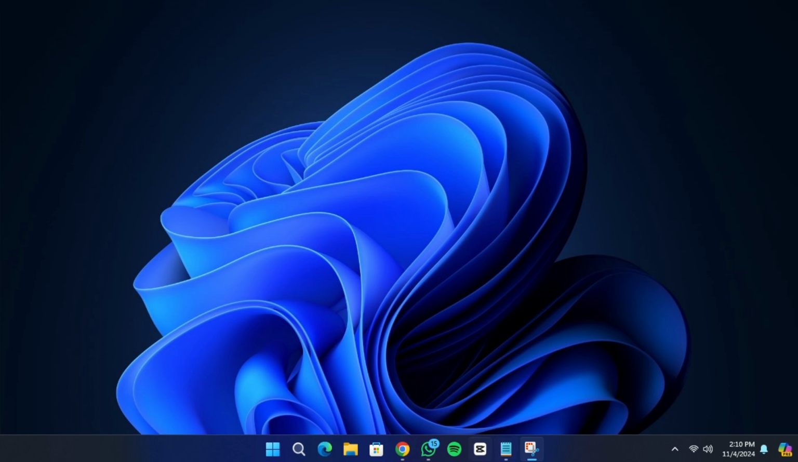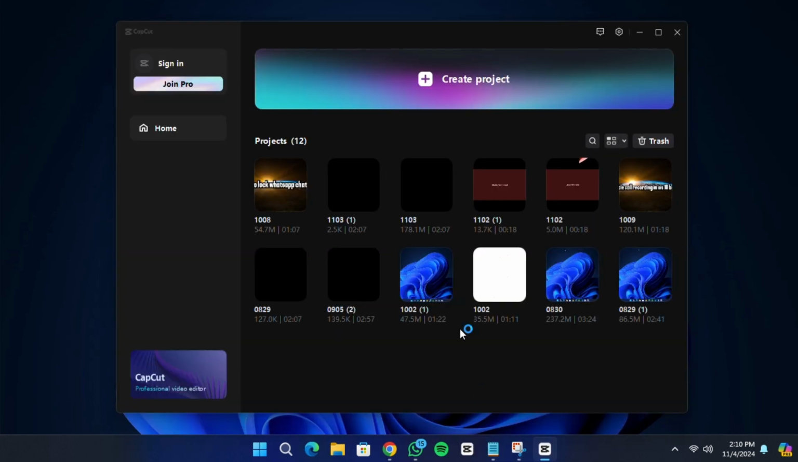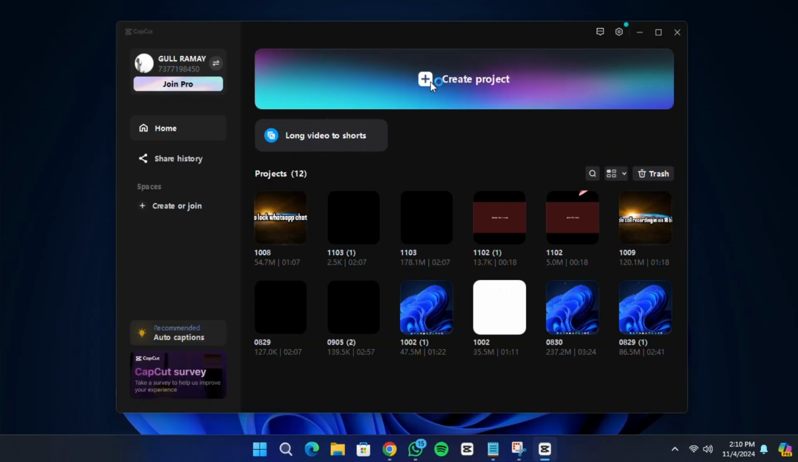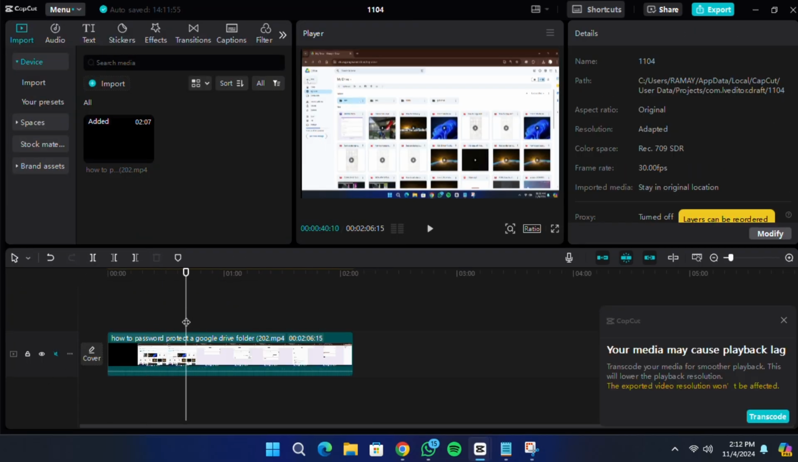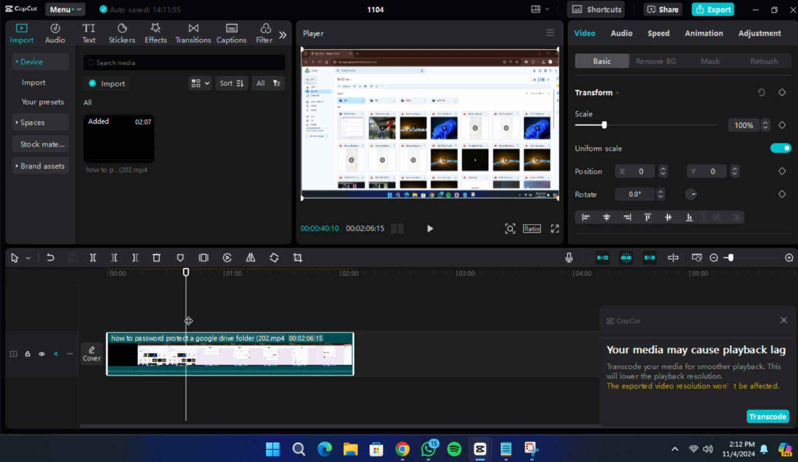Let's get started. First, open CapCut on your computer. Select the project you want to work on and load your video onto the timeline. Move the playhead or cursor to the exact part of the video that you want to freeze. For example, if you want to freeze a specific frame or image within your video, place the cursor right on